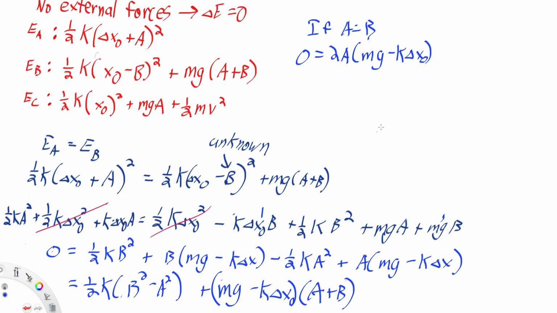But Jaden's right. It is 0 because this thing in the parentheses is 0. Why is this 0? Well, let's take a look at